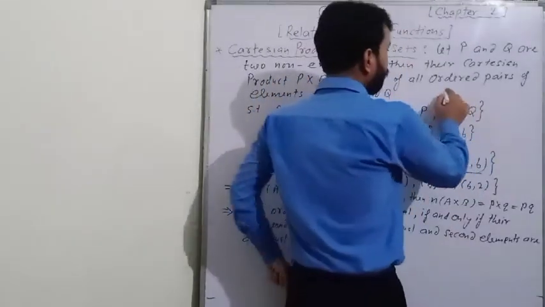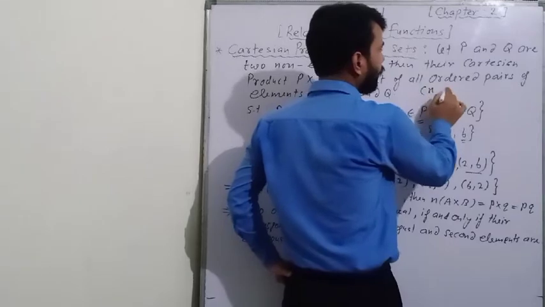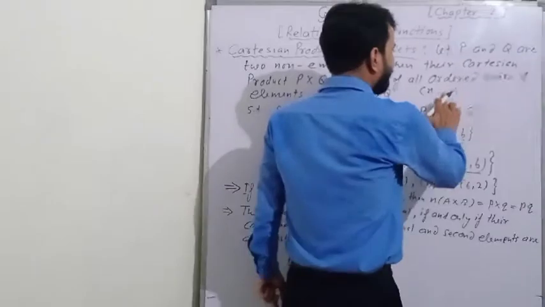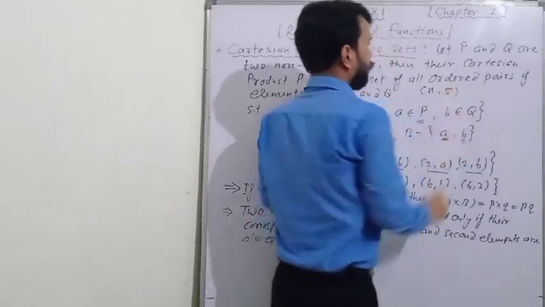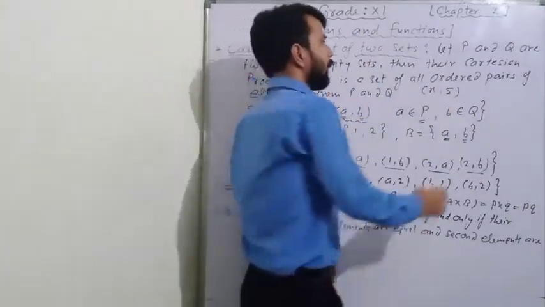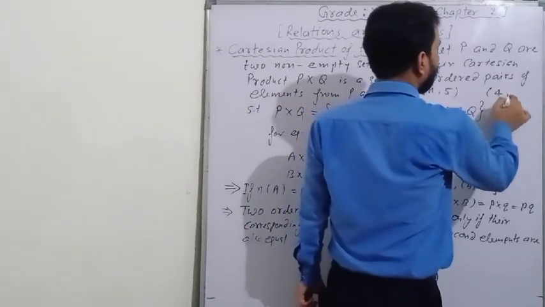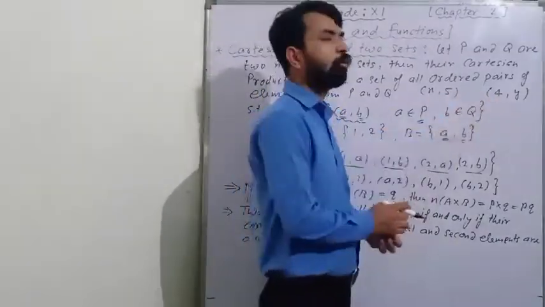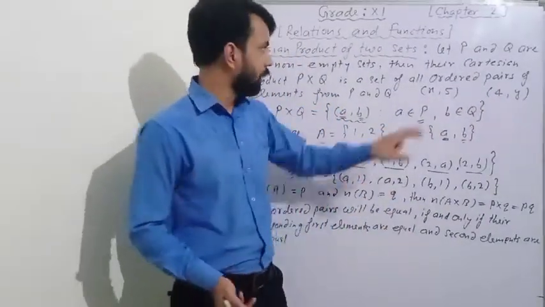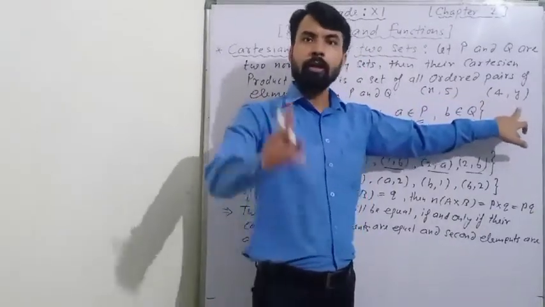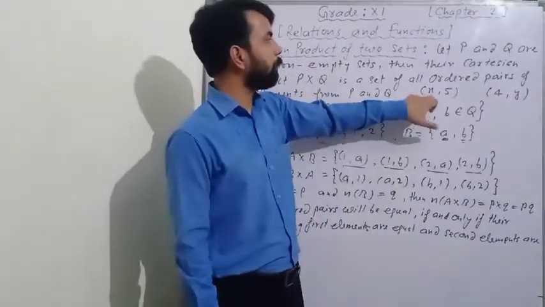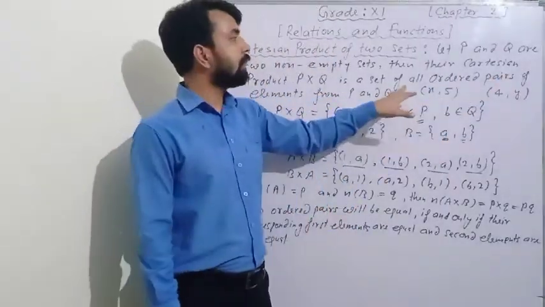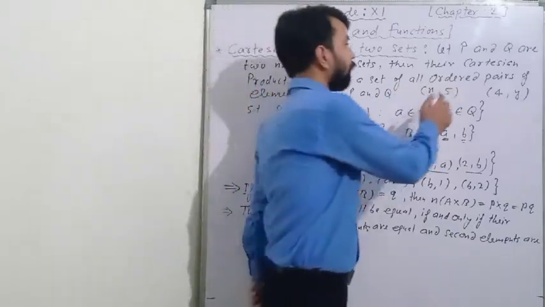For example, if somewhere two ordered pairs, first ordered pair is x comma 5, suppose that. First ordered pair is x comma 5 and second ordered pair is 4 comma y. And question is, if these two ordered pairs are equal, then find the value of x and y. Here x is present, here y is present. So if two ordered pairs are given, first ordered pair is x comma 5, second ordered pair is 4 comma y, and question is saying that these two ordered pairs are equal, then find x and y.